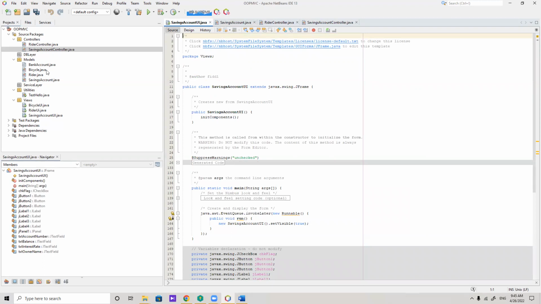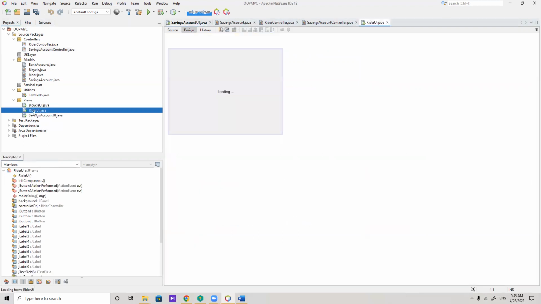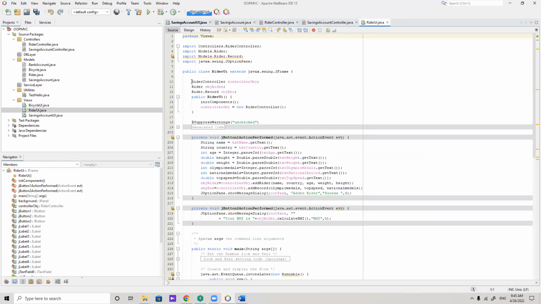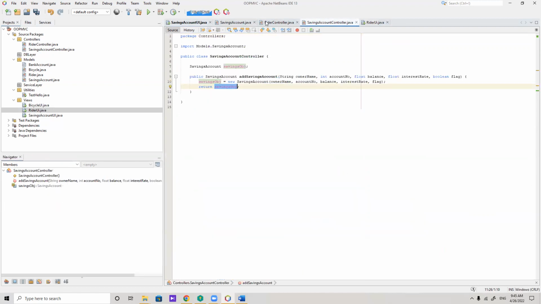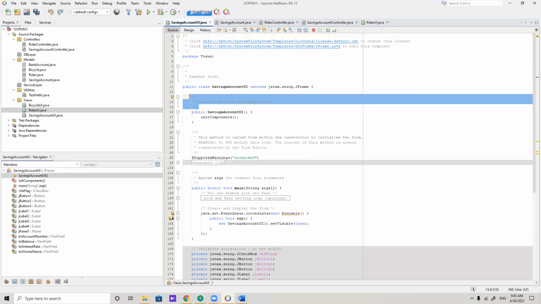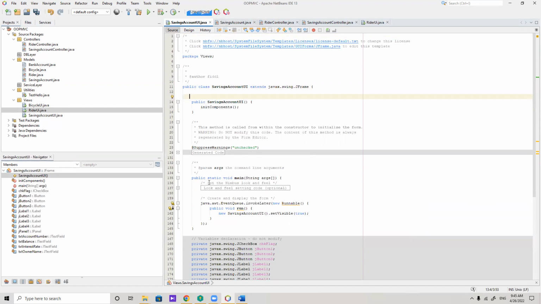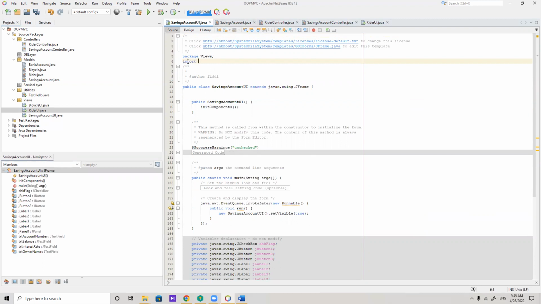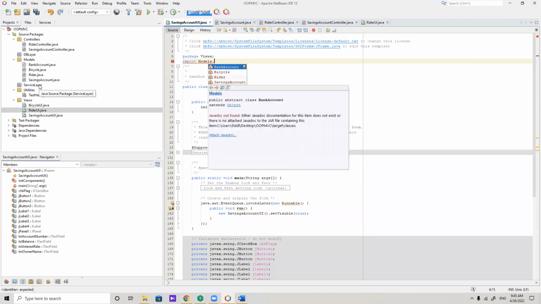Now look at the rider UI we have designed. Here we have created a rider controller and used it. Same goes here. I'm going to use my savings account UI. I can see a class called savings. Now first of all you have to import it. I'm going to say import. So you need to import two packages now. One is for the model dot savings account,